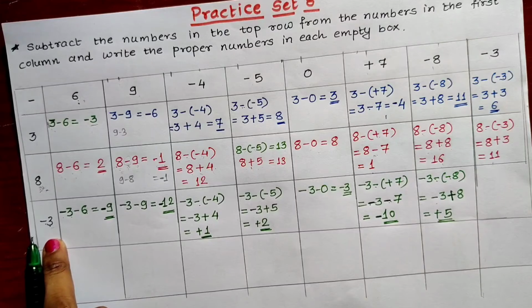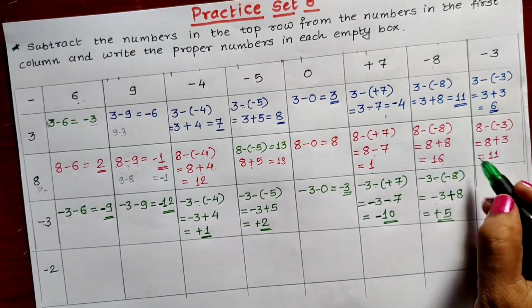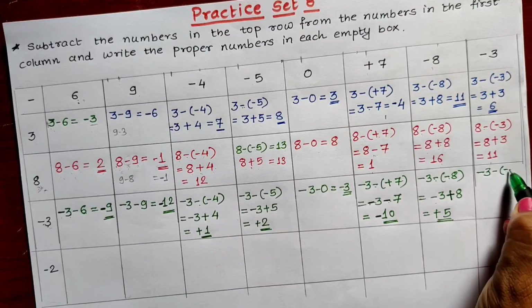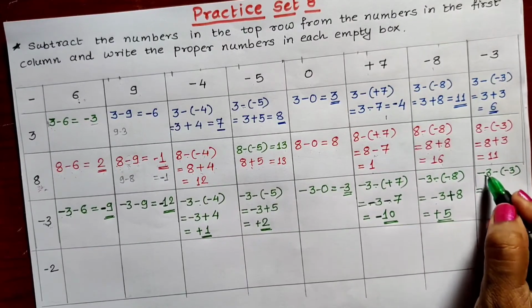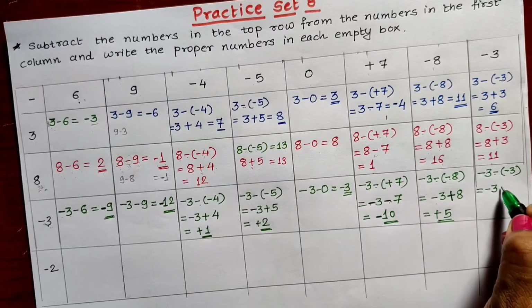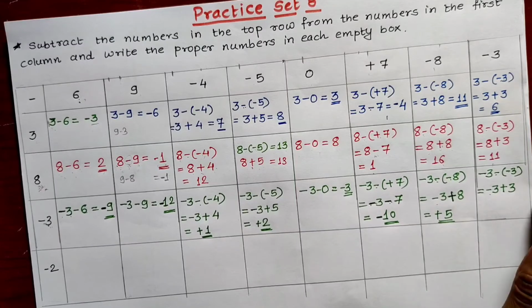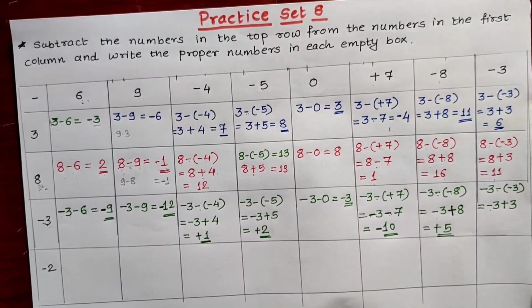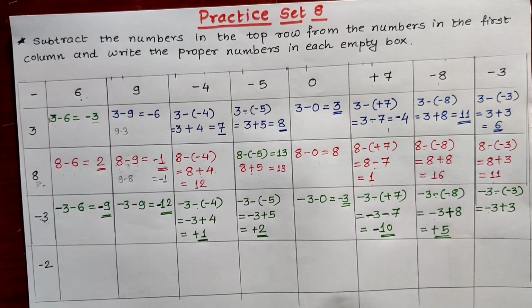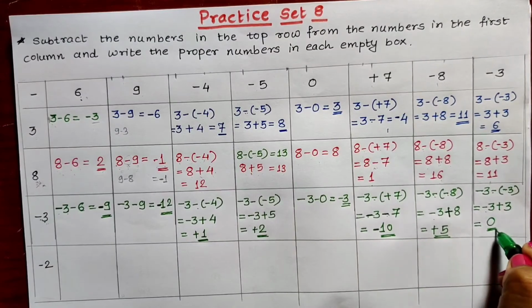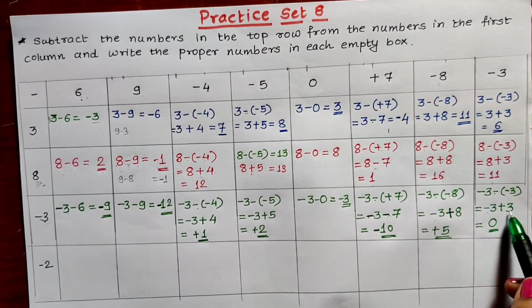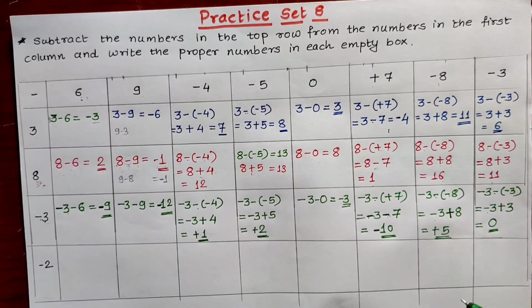Now last one, minus 3 minus minus 3. This first minus 3 as it is, I write. Minus minus will become plus, and this 3 as it is. Now two different sign, that means we will have to subtract. Now both the numbers are same number. That means what? 3 minus 3. No bigger number, no smaller number. When two opposite numbers are added, what is the answer? We have seen in our last video, answer is always 0. Two opposite numbers, minus 3 and plus 3 are opposite numbers. When we add them, answer we get 0.